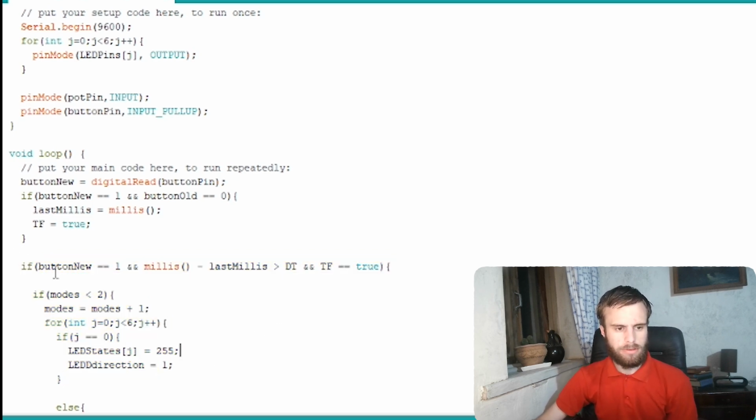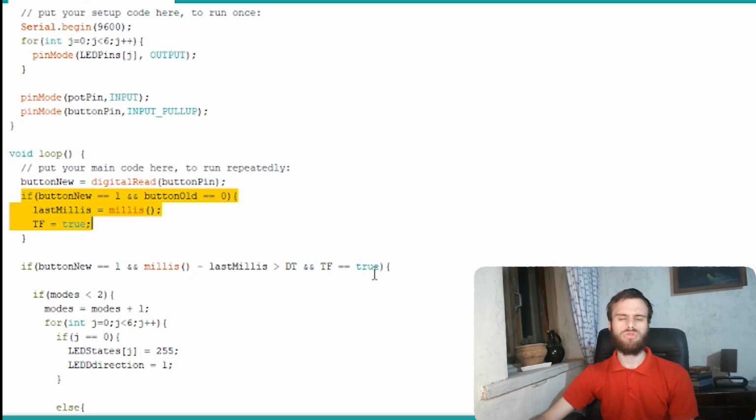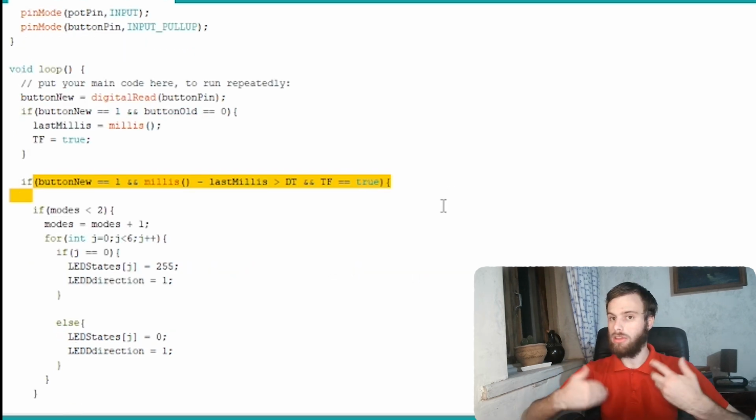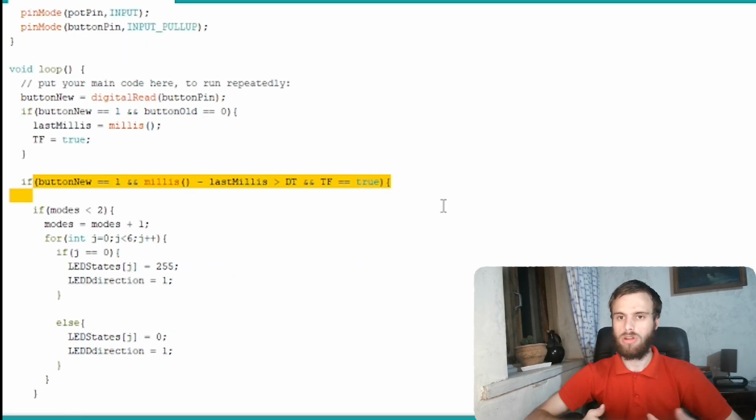So we have button new equals 1. As long as button new is still equal to 1, and millis minus last millis, which is just going to give us how long we have been out of this if statement, is greater than dt, so basically that time is greater than 50 milliseconds, then come into this if statement, and TF is equal to true, then do the action that we need to do whenever we press the button, which in our case is